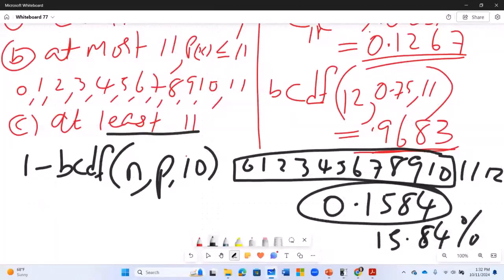We said that in binomial distribution, there are only 2 events. The 2 events have to be success or failure, yes or no, true or